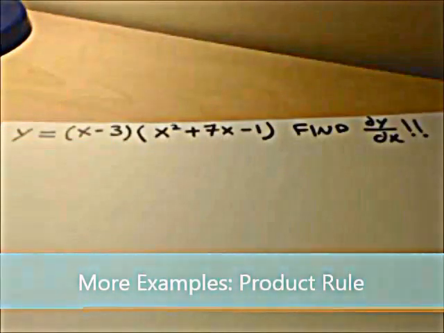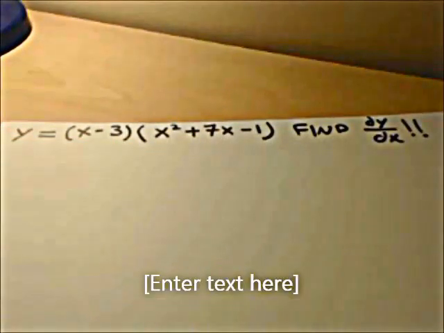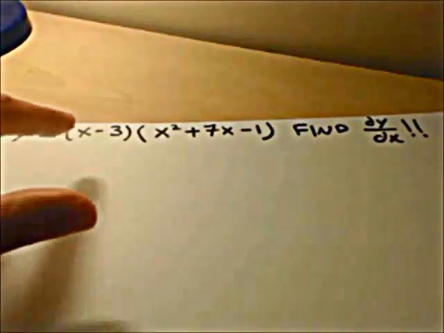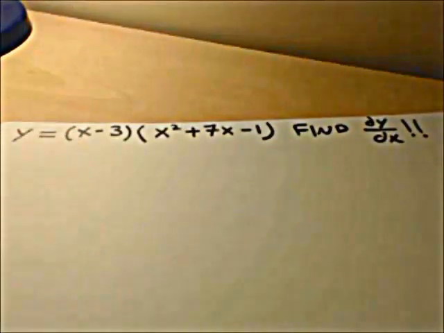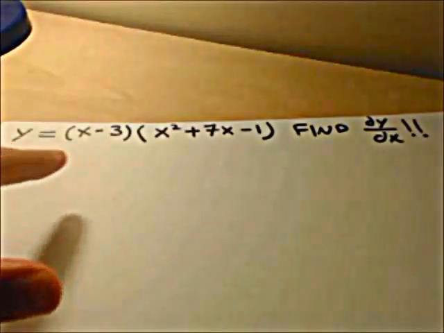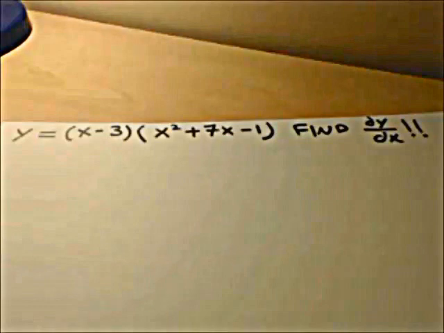Okay, in this video I'm going to do a couple more examples of using the product rule to find derivatives. So in this case we've got y equals x minus 3 times x squared plus 7x minus 1. We need to find dy dx, which is the derivative of y. So now in this example I'm going to multiply the two products first, and then we'll